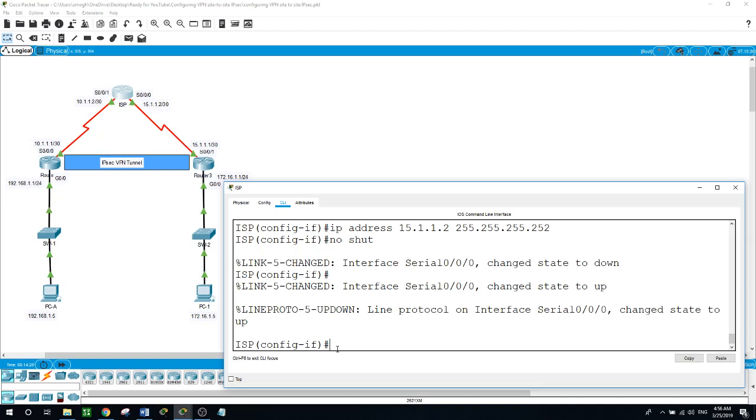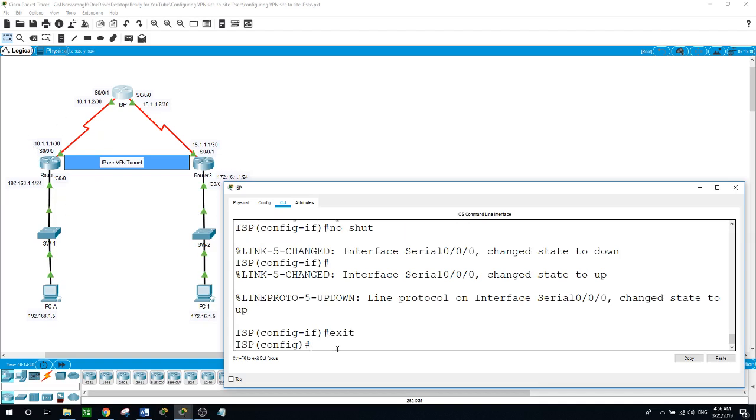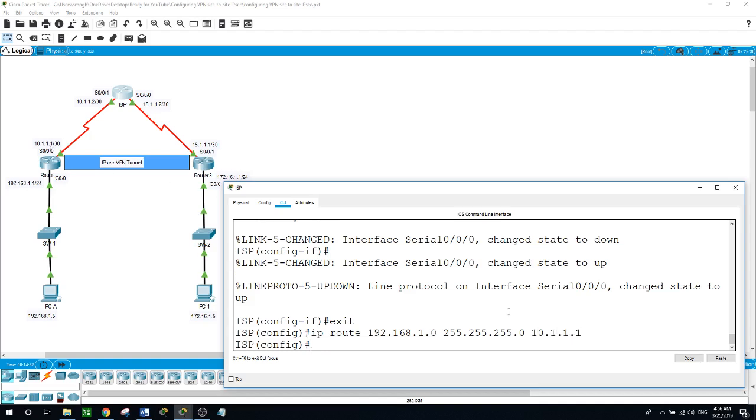So we need to configure a route, ip route to the network of 192.168.1.0 with this subnet mask. And the gateway to reach this network from our ISP router will be 10.1.1.1. And the same with this network here of